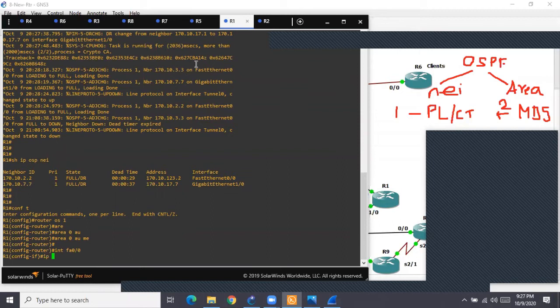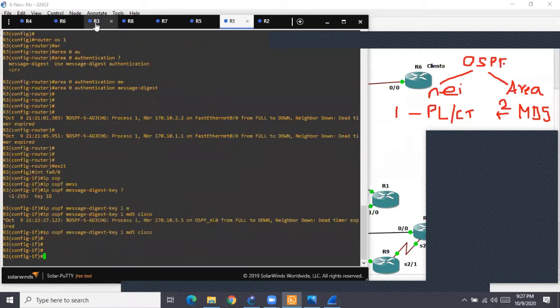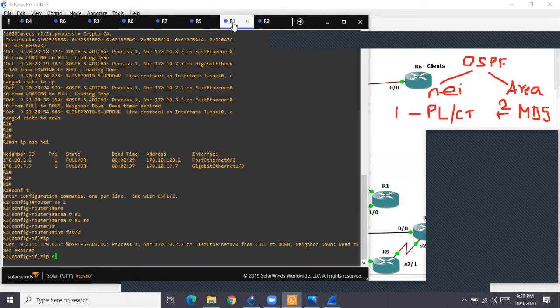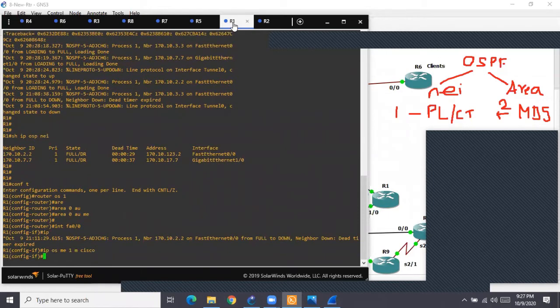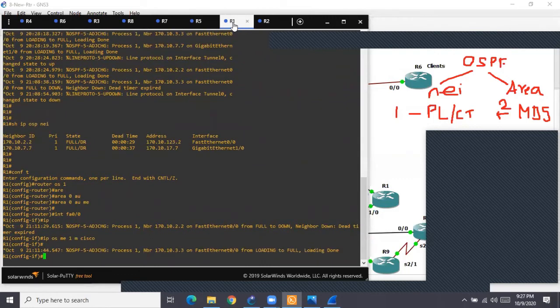On R3 I showed the full commands, IP OSPF message-digest-key, and now I'll show you the shortcuts. IP OSPF ME 1 M Cisco. See, your router accepts the shortcuts. No need to type and waste time, no need to press the tab key.